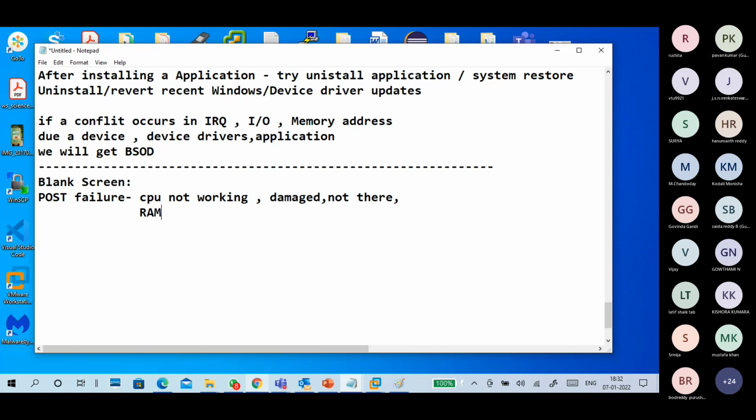Most of the time, as I already told, RAM loose connection. What happened? RAM not working, not connected, or dust on the RAM. Possible, right? So POST can fail.